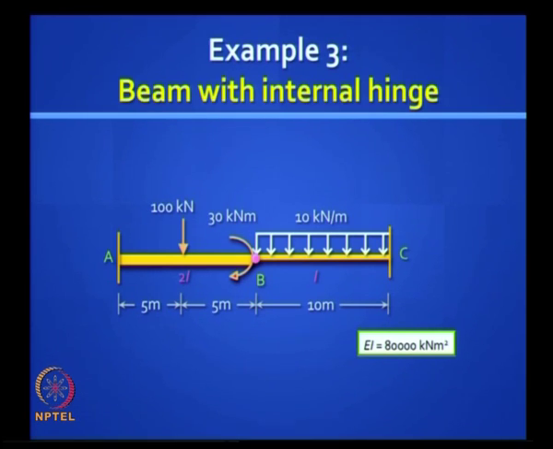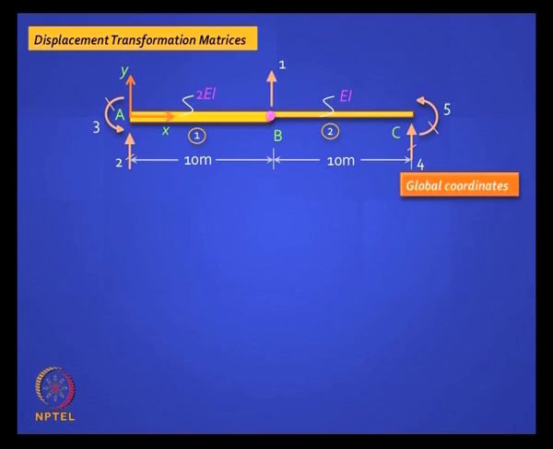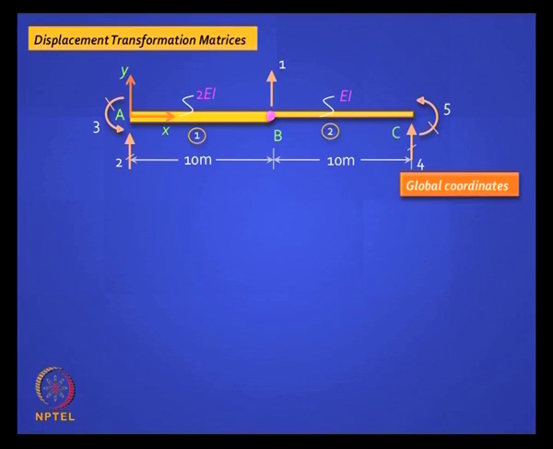How to deal with an internal hinge in the reduced element stiffness formulation. You will find that it is easier to do this here than in the conventional stiffness method, because there you have to artificially create a clamp and all that. Here life is easy, this is all you need to do. First of all, whenever you see a hinge, avoid putting any global coordinate there, active or restrained, because we want to take a shortcut. So remember earlier we had a coordinate 2 here and we had a clamp there. Now we just leave it in peace, there is a hinge there.